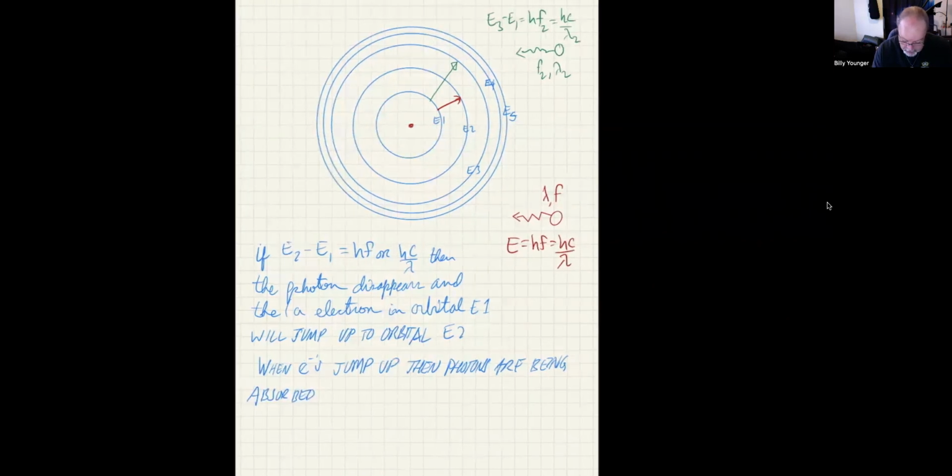I apologize, it's not supposed to be a space in between those words, but it looks like there was. Absorbed, which gives us an absorption spectra,